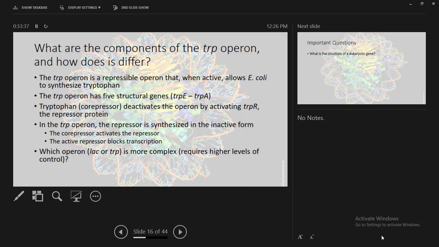And so to summarize this, the TRP operon is a repressible operon. And when it's active, it allows the E. coli to synthesize tryptophan. It's got 5 structural genes necessary to make a single amino acid, which is fascinating to me. That to make a single amino acid, one of 20 that are required to make proteins, requires 5 proteins